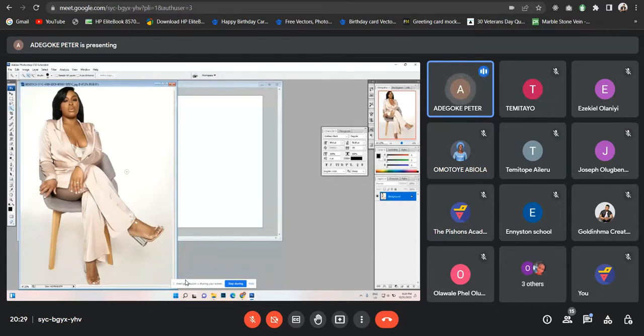Under no condition, you are the Pishons Academy. Take your time on your work and use a more painstaking way of selecting. Do you understand? Which I will show you later. If you select a subject like this and the background is not properly defined, use a proper way, which I will show you later. Only use this when you feel like the background is properly defined,